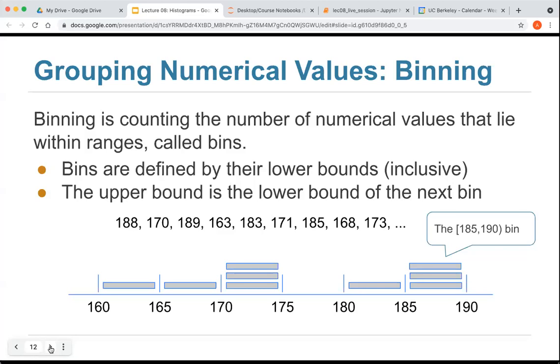And so when you are describing a numerical distribution in this way, you have to be careful about exactly what the eye sees and exactly what choices you are making in the bins. And so what we're going to do now is take a look at some binning, and then we will come back.